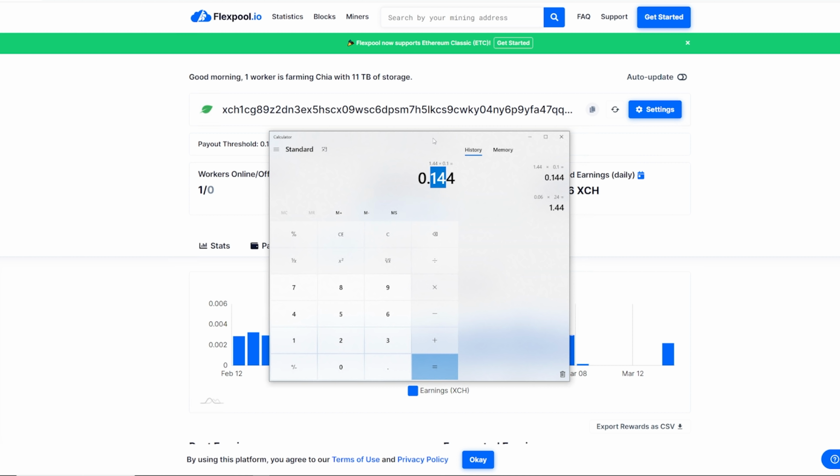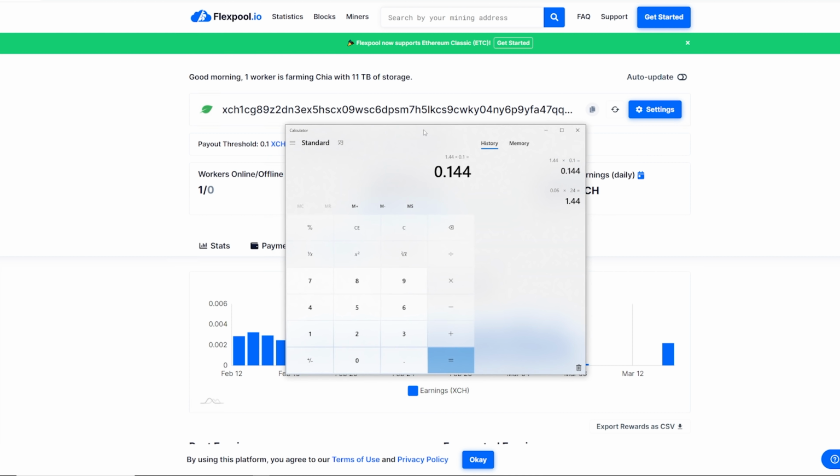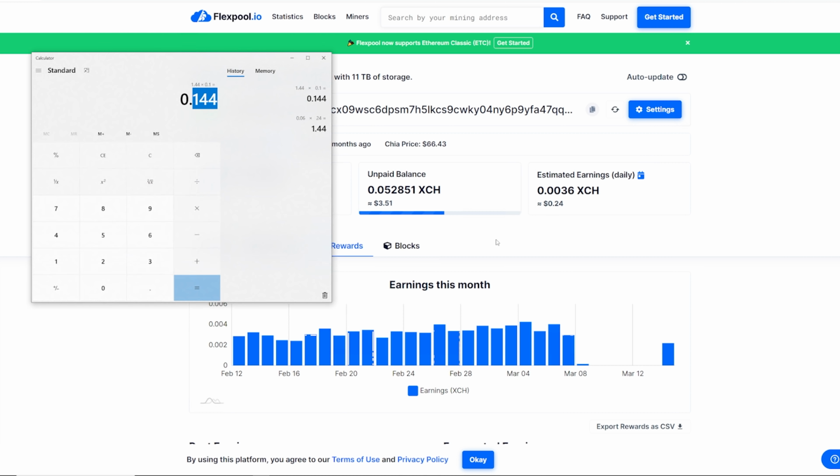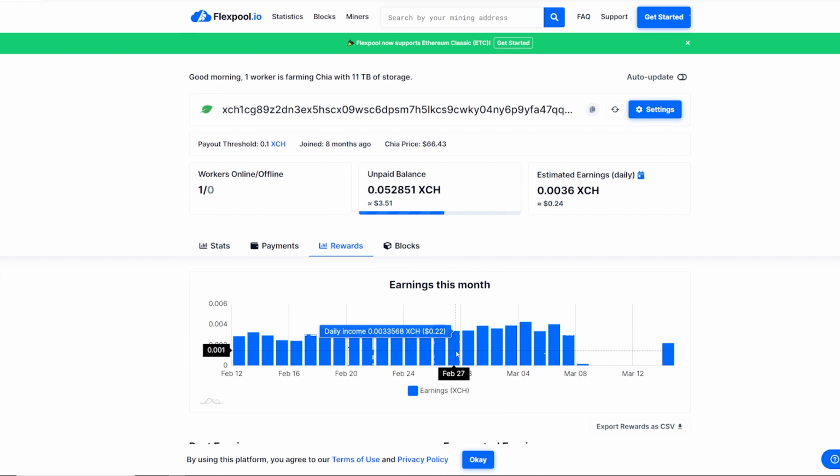I believe this rig alone, at 60 watts with all the hard drives, the machine, the i5, would cost about 15 to 20 cents a day to run. So it looks like I'm still decently, if not breaking even, we're talking about pennies here.